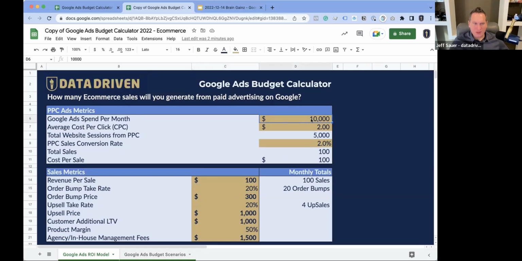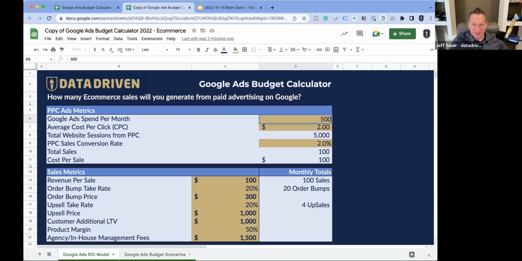So the example here is a pretty common scenario that I come across. Let's just assume this is a client. It could be your own company, but let's say you decide, just like me, that 2023 is going to be the year you bring your ads to the point where they're expanding the profitability of your business, the reach, and the number of customers you have.